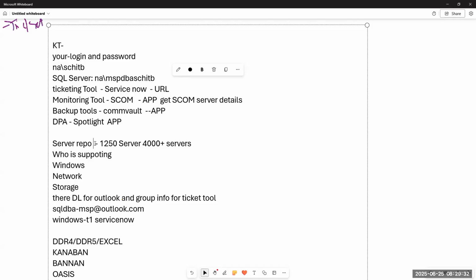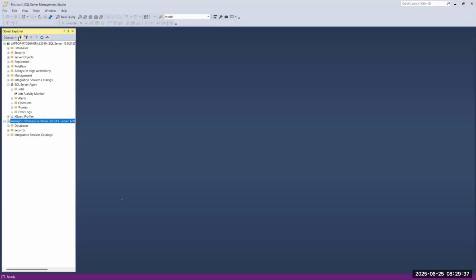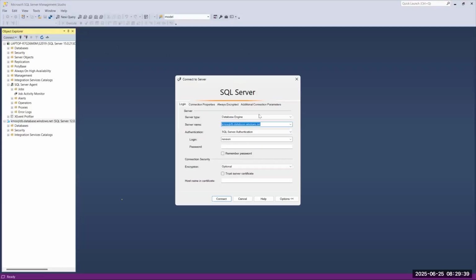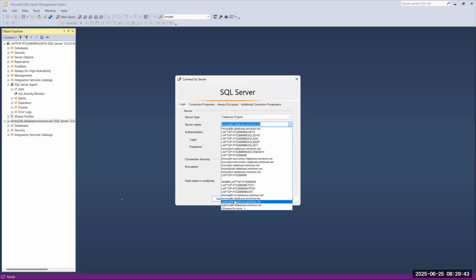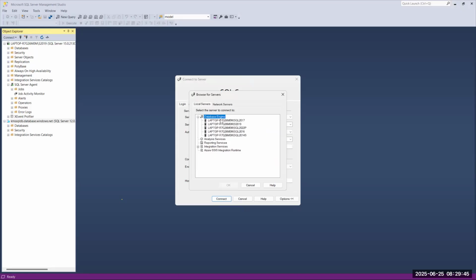Being SQL, technically we call it an instance. See, in my laptop I have almost 5 instances, but all these 5 instances are on a single server.